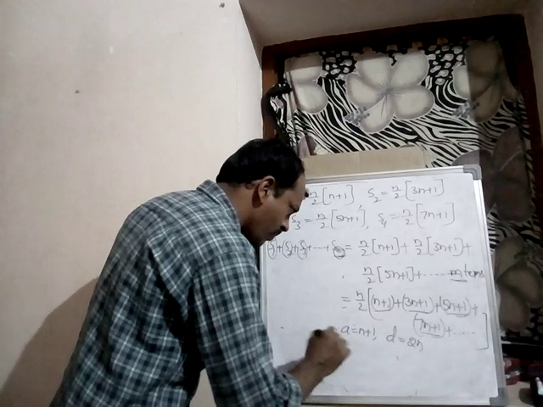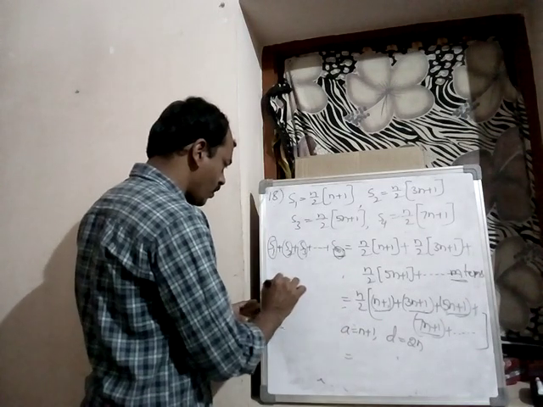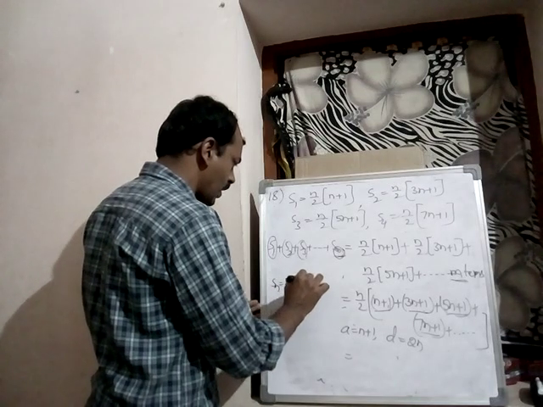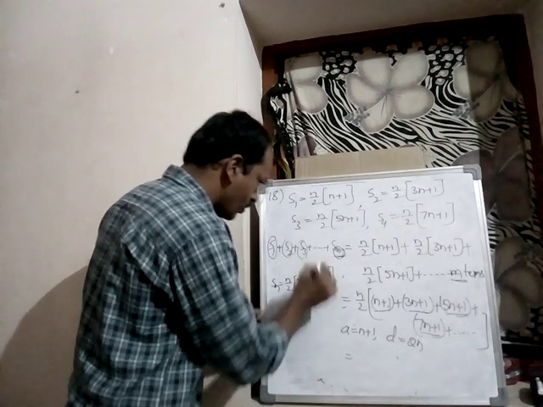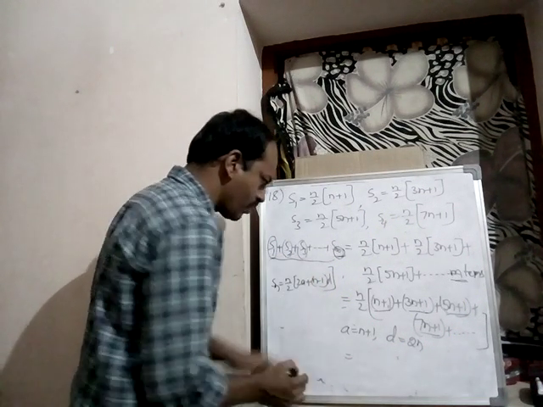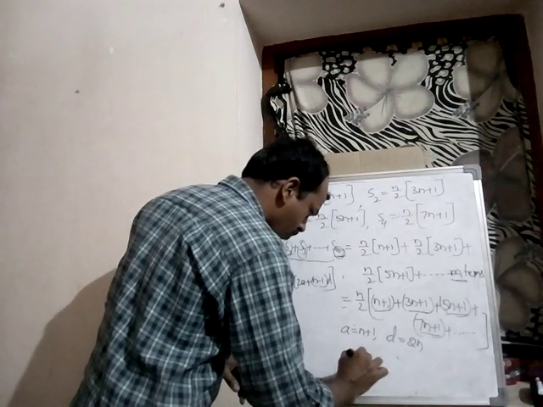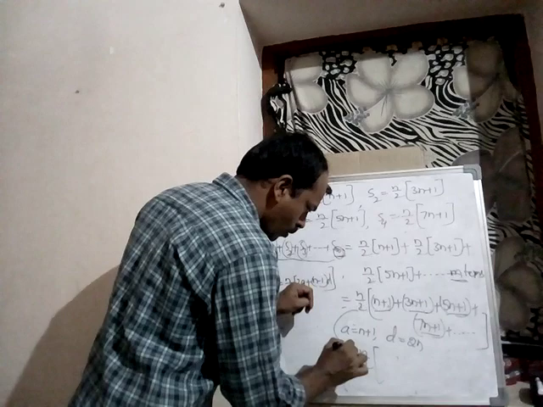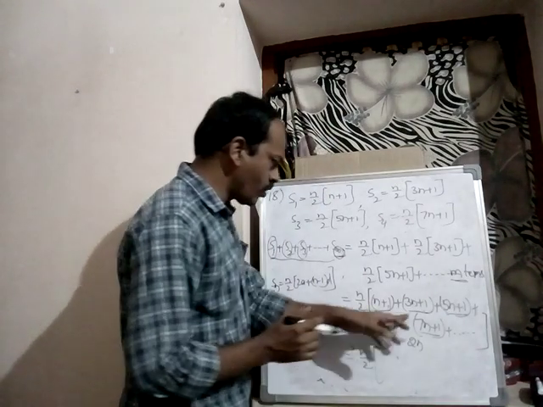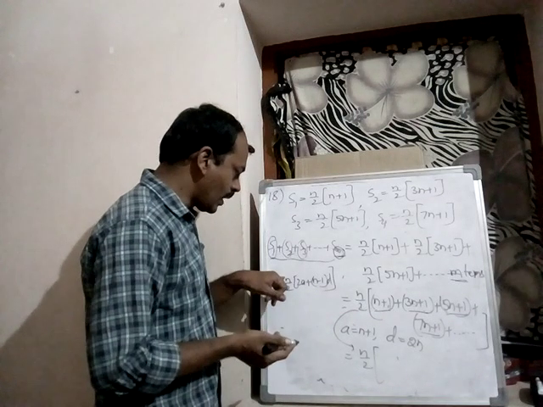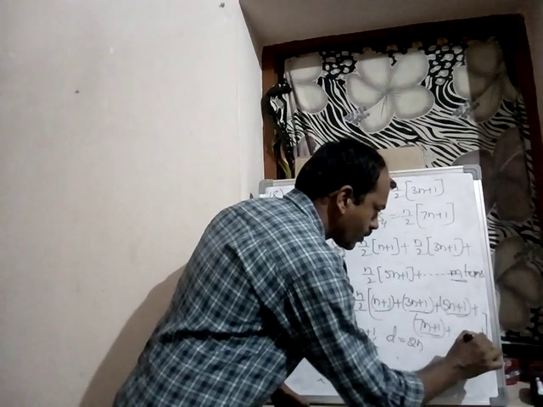The sum formula is Sn equal to n by 2 of 2a plus n minus 1 into d. This is the original formula. The total of these terms gets multiplied by n by 2. This is in the form of an AP series, so for the sum of how many terms? The formula is for n terms, but here m terms only.